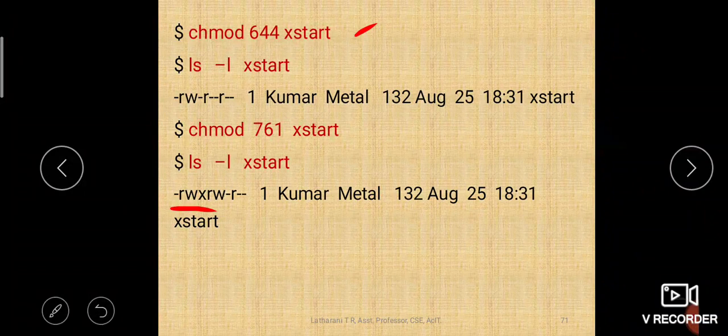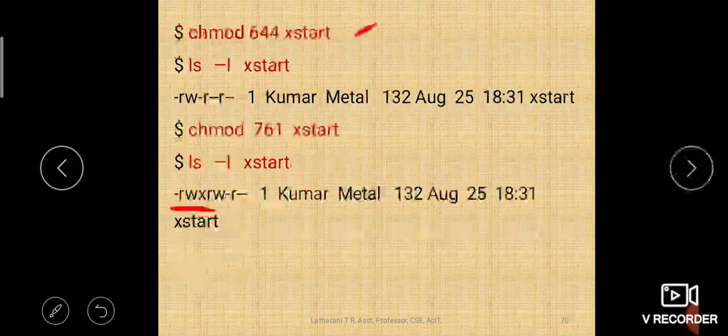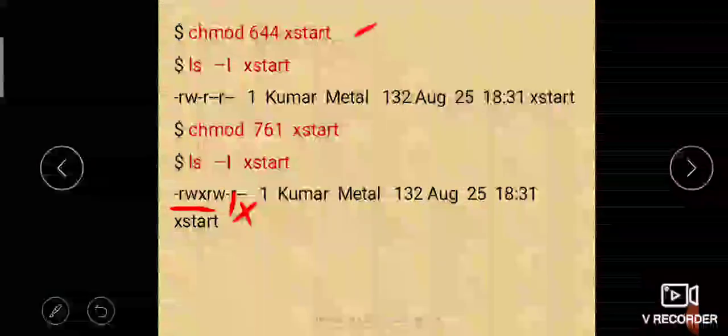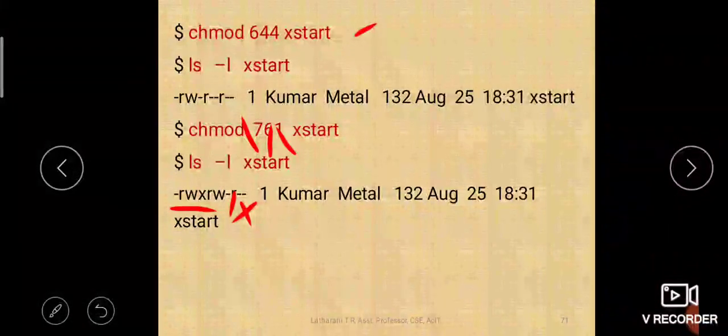And 1 is execution permission, 4 is read permission, right? 1 is execution permission. So here it should be execution. This is not read, this is execution permission. So 761 means all permissions for user, read and write permission for group, and only execution permission for others.